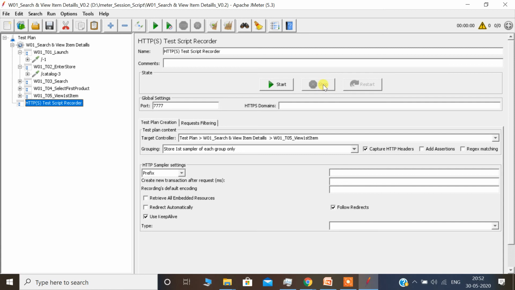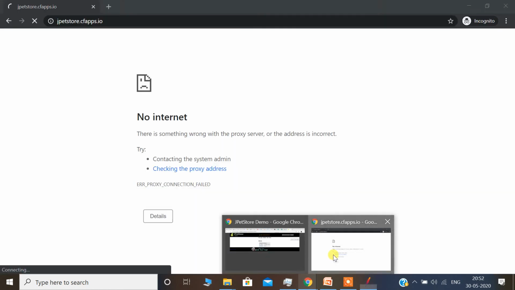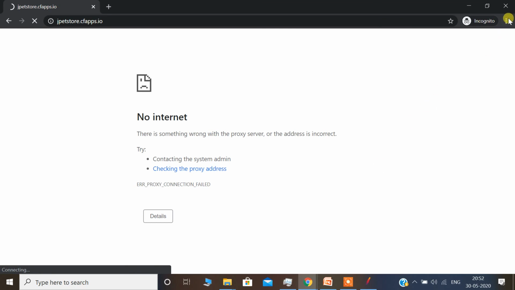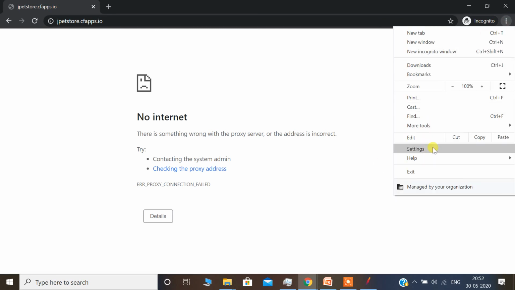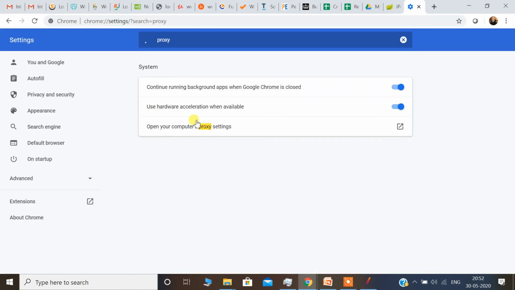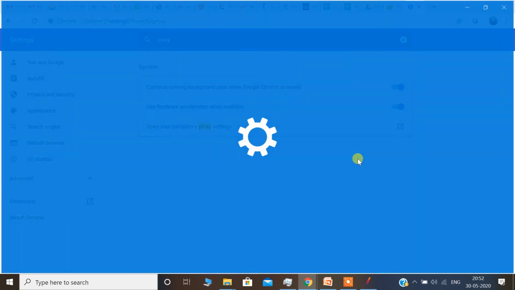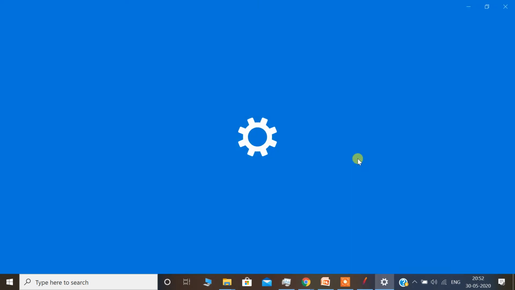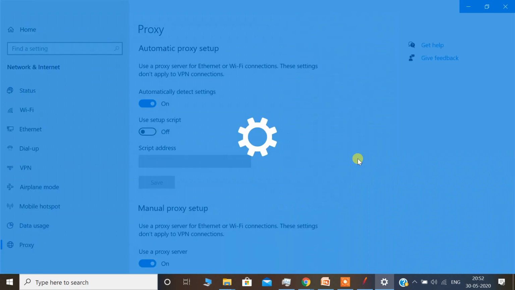Now in JMeter we have stopped the recording or stopped the proxy, but in the browser the proxy is still set. So we need to go back to the browser proxy and switch off the proxy.